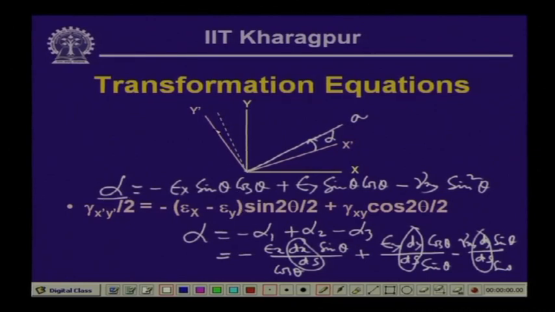Similarly, we will have to compute the value of beta, which is taken by the length O B from its original position O y dash; it has come to this particular position by changing this angle beta. So, alpha plus beta sum will give me the angle gamma x dash y dash. Now, beta can be computed from the expression of alpha itself by placing theta as theta plus 90, also noting the fact that alpha is computed in an anticlockwise form, whereas beta is in a clockwise direction. So, if we substitute for theta as theta plus 90,